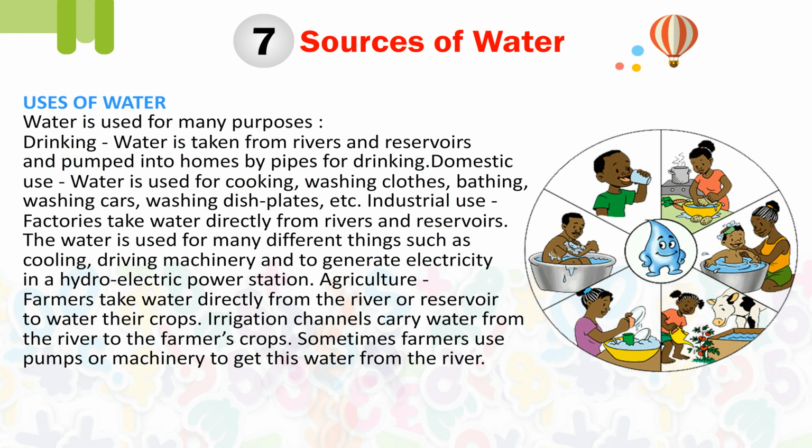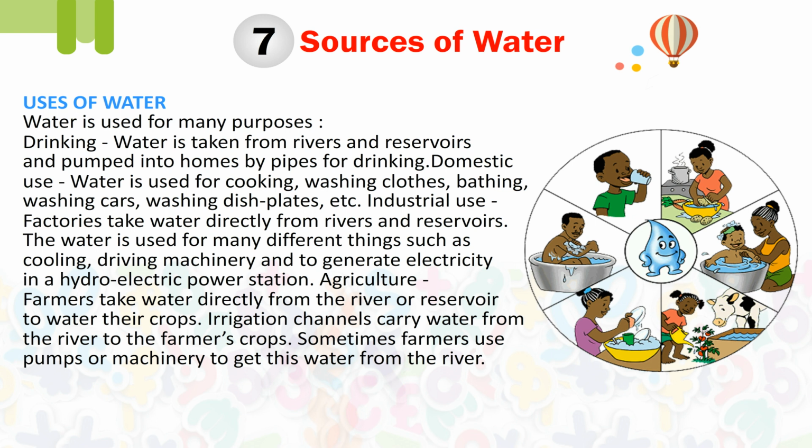Uses of water. Water is used for many purposes. Drinking. Water is taken from rivers and reservoirs and pumped into homes by pipes for drinking. Domestic use. Water is used for cooking, washing clothes, bathing, washing cars, washing dishes, etc. Industrial use. Factories take water directly from rivers and reservoirs. The water is used for many different things such as cooling, driving machinery, and to generate electricity in a hydroelectric